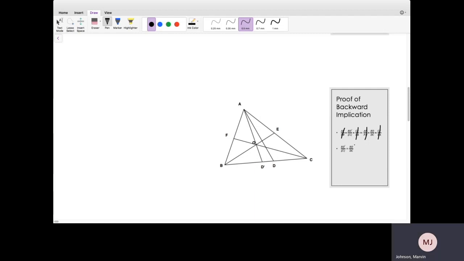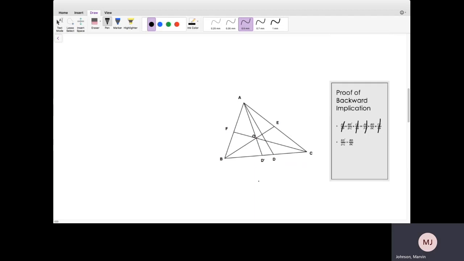And that's true if this equation holds. It kind of makes intuitive sense if you're looking at it, that if the ratio between this line segment and this line segment is equal to the ratio of this line segment and this line segment, then these points D and D prime have to be the same point. And that makes intuitive sense, but we'll go into a little more formal of a proof here